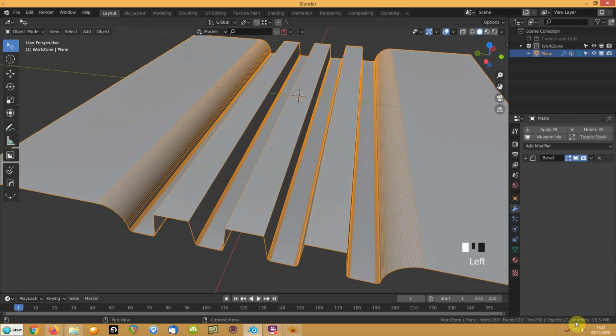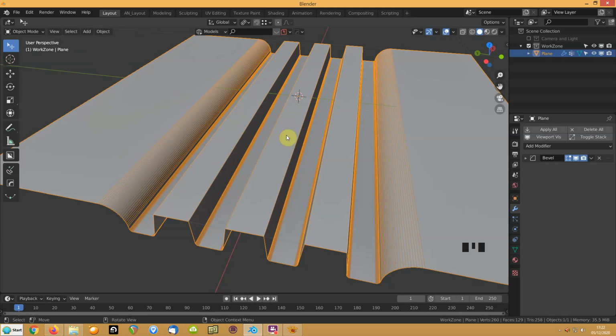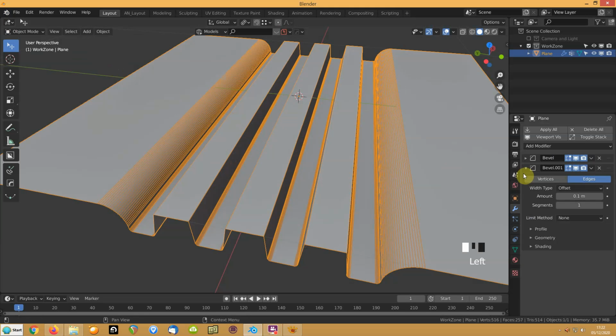By the way, I'm using Blender 2.91, I think. Can't remember which version I've jumped up. Yep, 2.90, sorry, not 2.91. 2.90.1. Okay, anyway, so what I'm going to do, I'm going to add another bevel modifier,